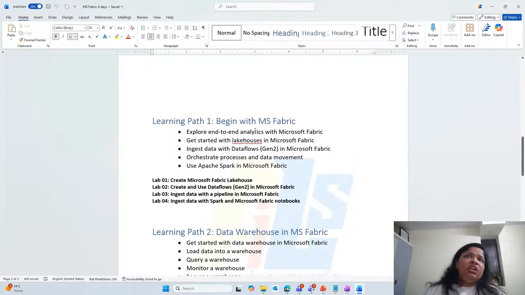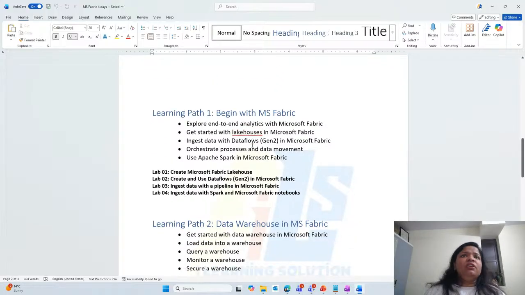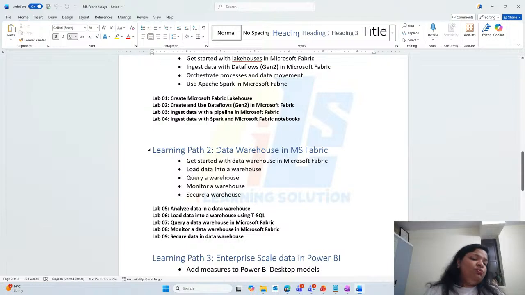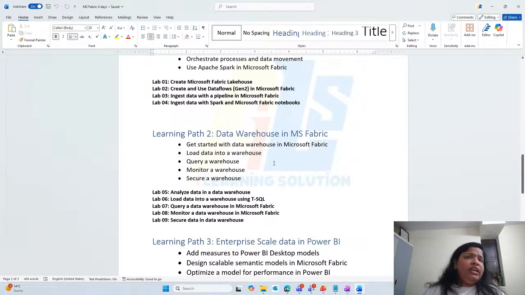Then after working with the first level of the Microsoft Fabric interface, you might be interested to talk about the data warehouse, because in the enterprise, when you are dealing with a huge amount of data, we usually use the data warehouse experience. In this we will work with the data warehouse experience completely: how we can create the tables using T-SQL statements, how we can query the data, how we can monitor the data in the warehouse, and even the security implementation which is possible, that we will also cover practically. You can see all these labs we are going to do in the session.